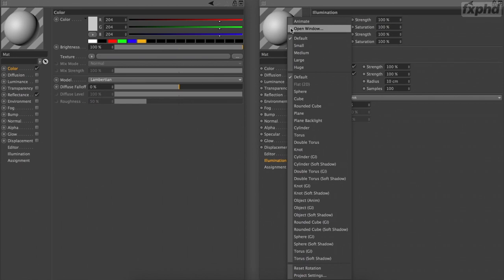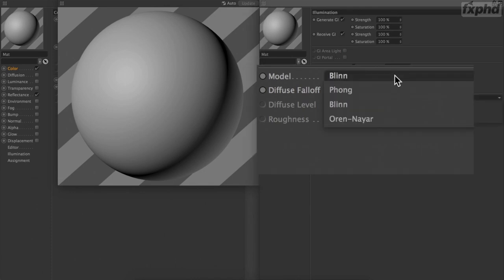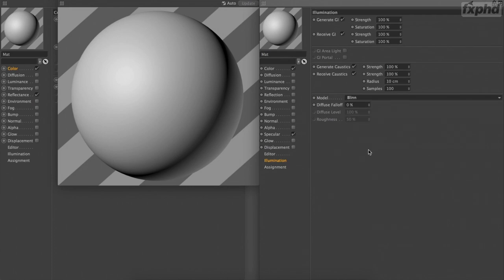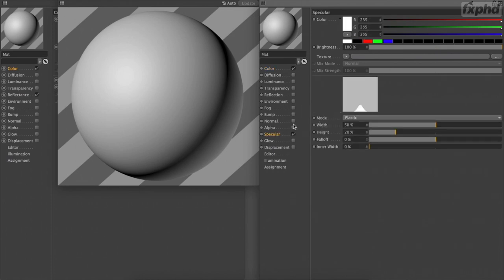So if we look at material here in R15, we're going to hide R16 in the back for a moment. If you look here in the model, you have three render types: Phong, Blinn, and Oren Nayar. And a default material in Cinema 4D consists of a color channel with an RGB value of 204 and a soft specular. So if I turn the specular on and off, you'll see this dull diffused highlight in the center here,